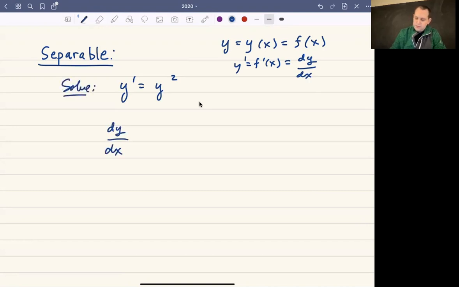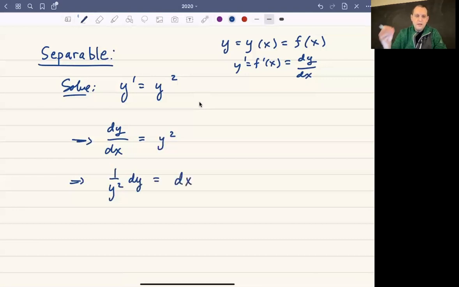Okay, so these problems will typically say solve the equation. That means figure out what are the solutions y, what are all the functions satisfying that differential equation. So y prime we're going to write as dy dx. y squared is just y squared. And then these separable differential equations are the equations where we can separate variables, meaning that we can get all the y's on one side, all the x's on the other side. And so that's what we'll do next, is we're going to end up with 1 over y squared dy equals